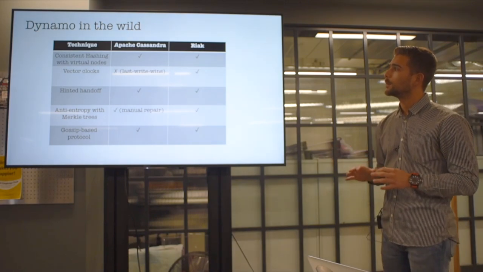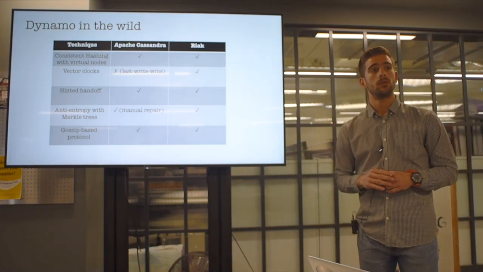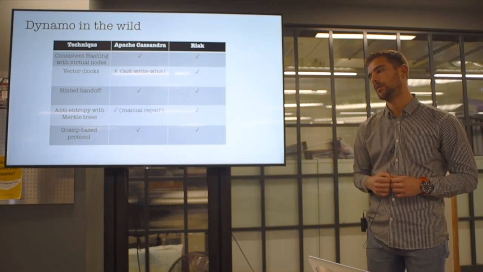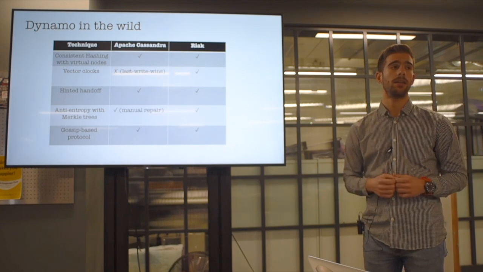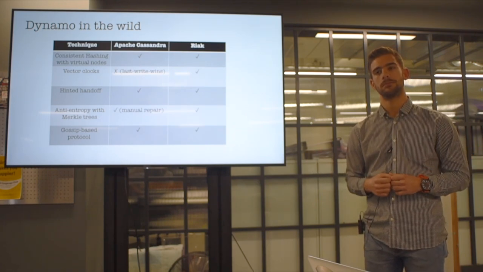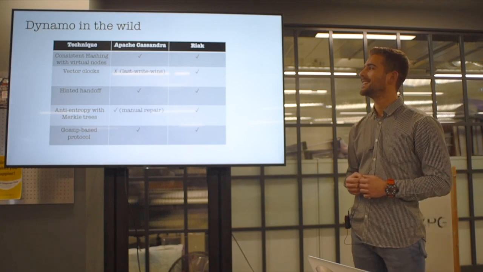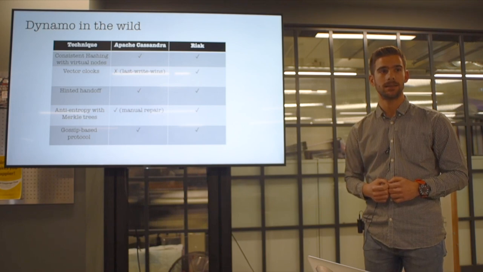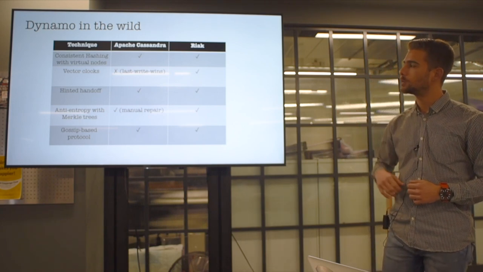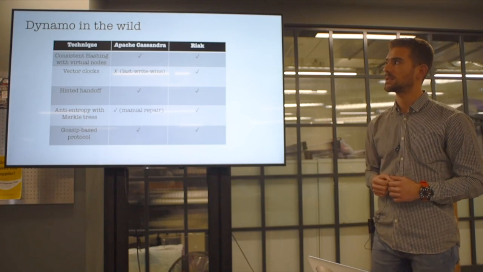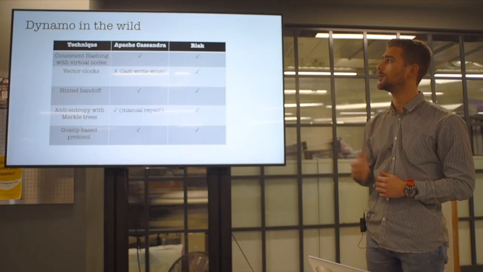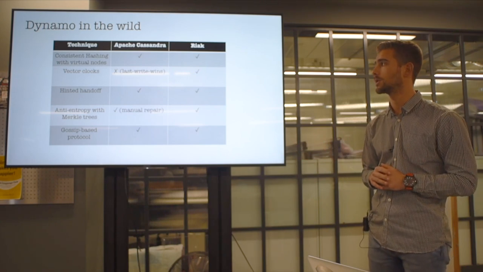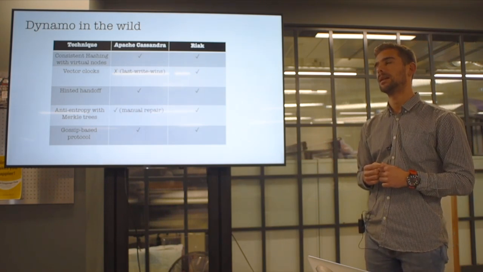So these were the main techniques that they used, and one of the factors that I consider when evaluating whether a paper is valuable or not, it might not be the right way to do that, is whether there are projects using these techniques in practice, right? And two sample projects I picked are Apache Cassandra and Riak. Riak is a key value store. It's a very simple interface with key value operations, as we explained. Apache Cassandra is slightly more